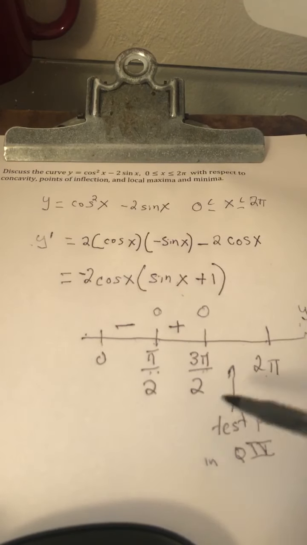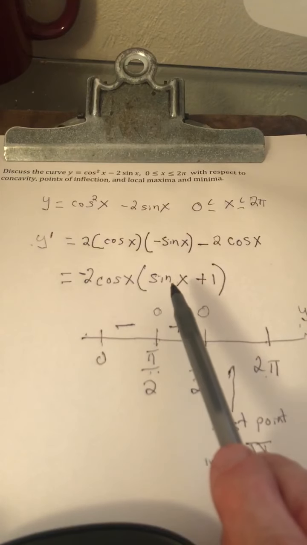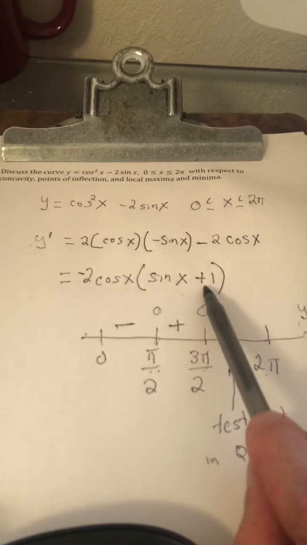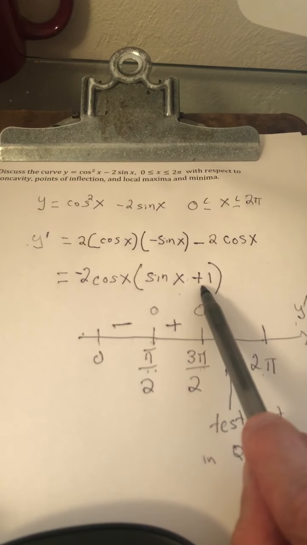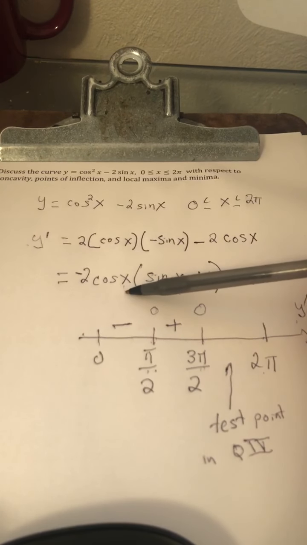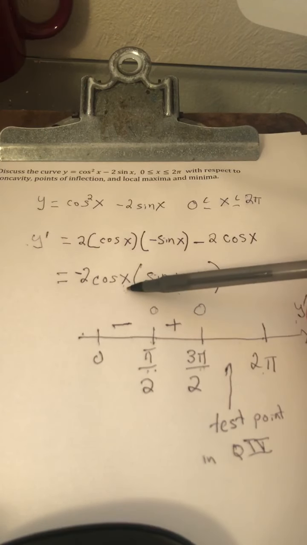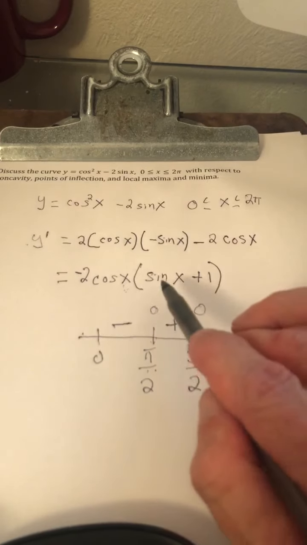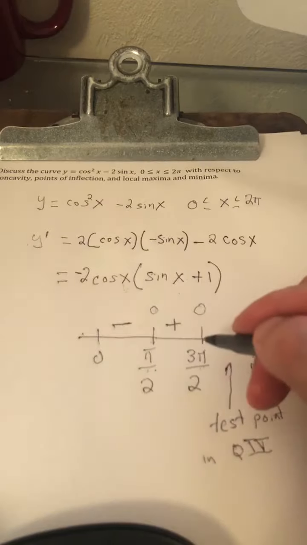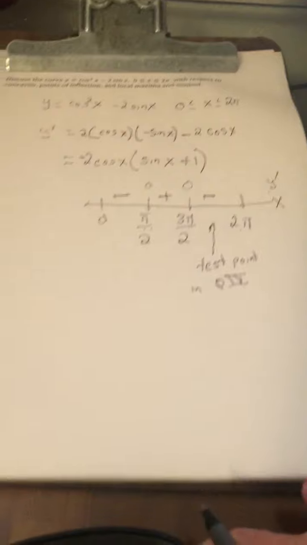In the 4th quadrant, sine is negative, but it's still greater than negative 1, so sine of x plus 1 is still going to be positive. Cosine is positive in the 4th quadrant. So this quantity is positive, that quantity is positive, but I still have a negative 2. So what that tells us is that we have